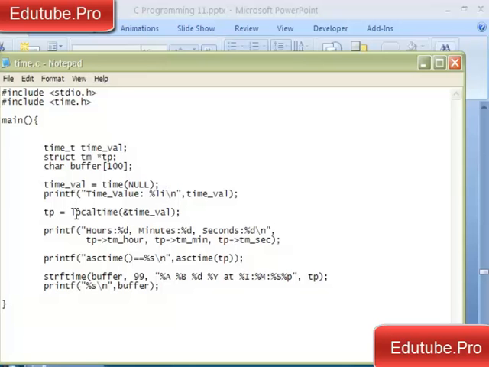Then we make a call called localtime, and that is defined in the time.h header. And localtime is passed the address of the time value, so it can go to that address, pick up that number that we got from the time call, and put that into the time pointer. That's that structure. So this structure will be populated with hours, minutes, seconds, all of those things that we saw